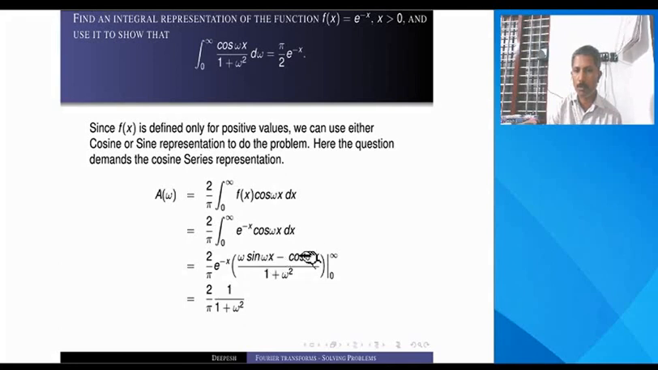and what remains is cos 0 here. So that will be 1, right? So 0 minus -1 by 1 plus omega square, that is 1 by 1 plus omega square. This 2 by pi will be a constant that will be there. Okay. Now,